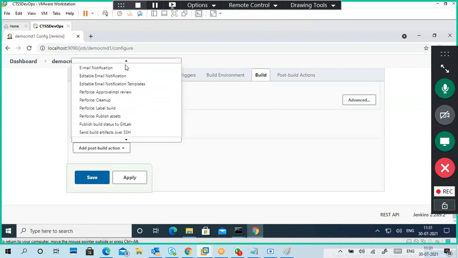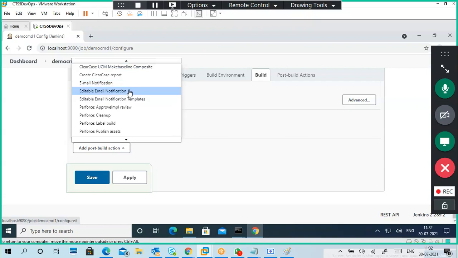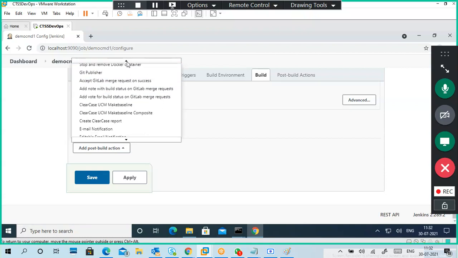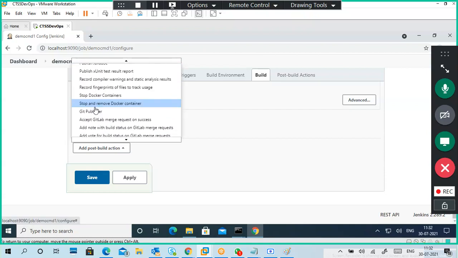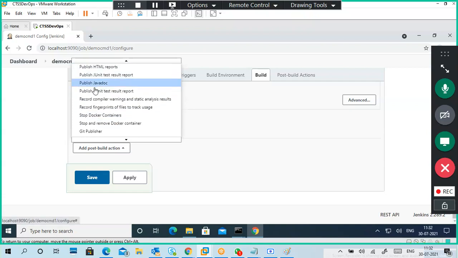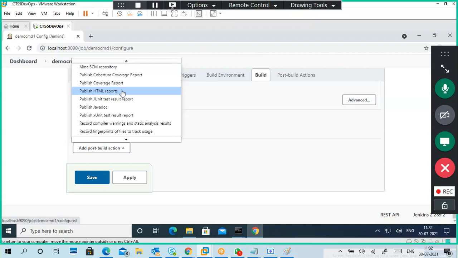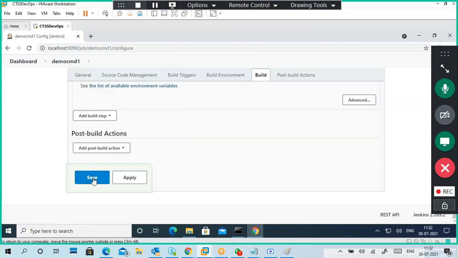So you can see here enable email notification, email templates. And also you can send a report, or publish, or stop the containers, publish the Java docs, send HTML reports, like that you can also create it. But I'm not doing anything, I'm giving only basic commands.